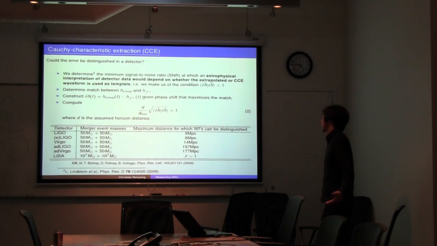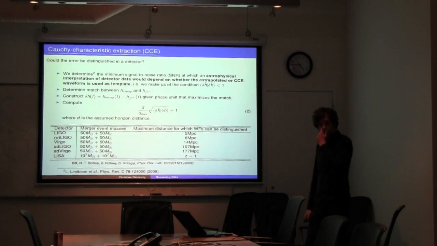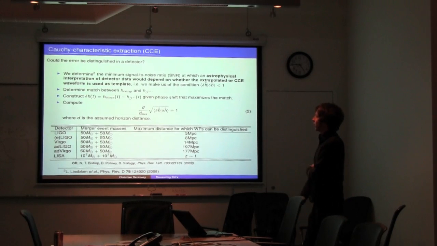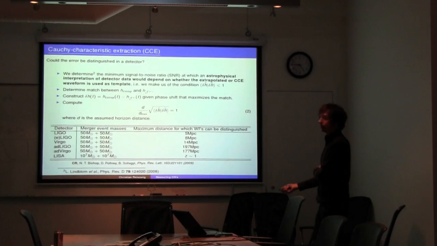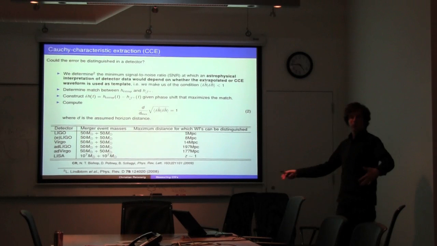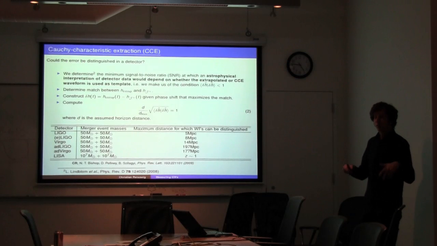Right. So I guess the message here is that for detection purposes, the non-precessing cases can be extrapolated just fine. Unless you want to do extremely high precision, with the current detectors, it doesn't make any difference. Extrapolation is just as accurate as the CCE wave. In other words, because the error between CCE and extrapolated waves is already on the order of the discretization error,